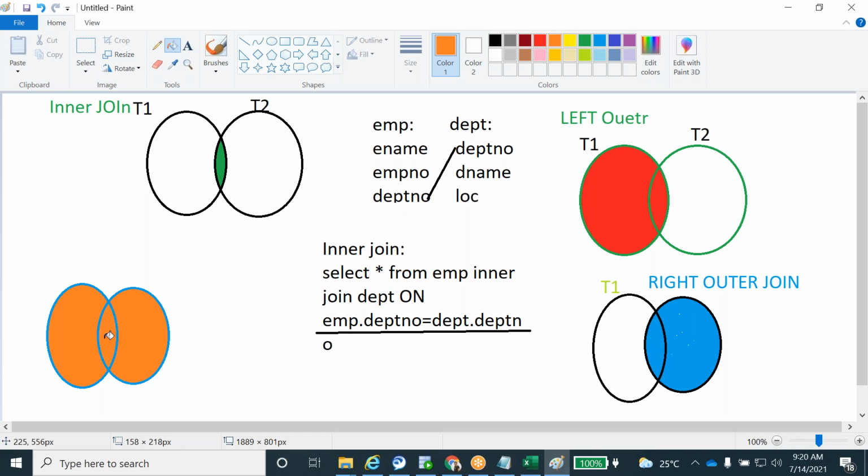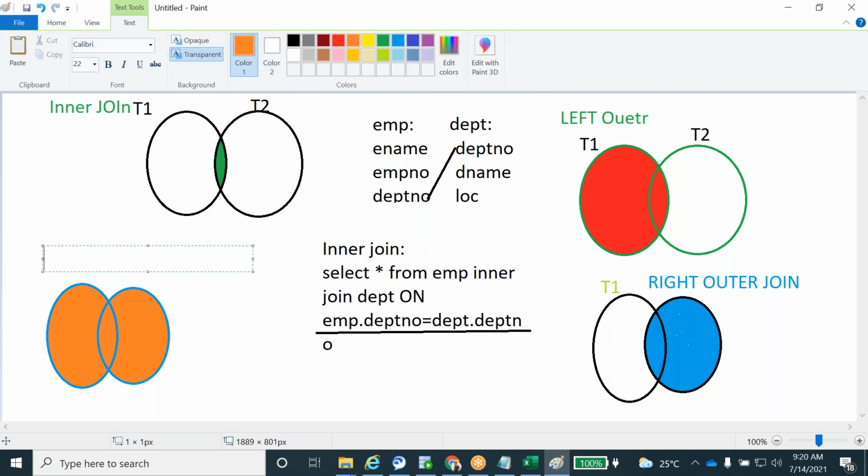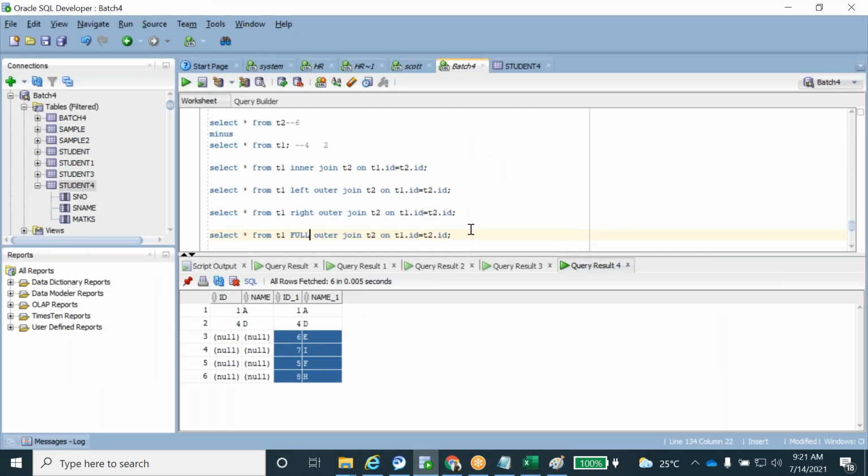This is the full outer join. So inner join, left outer join, right outer join, and then full outer join. Now tell me the output of the full outer join.